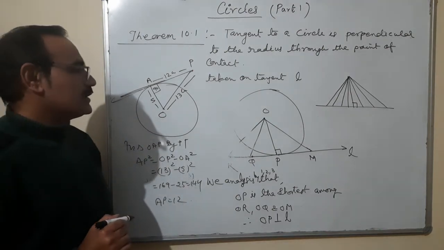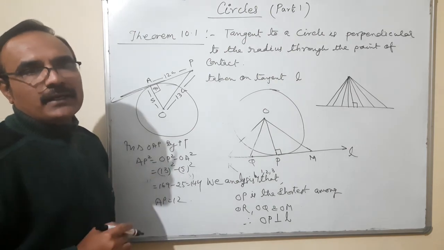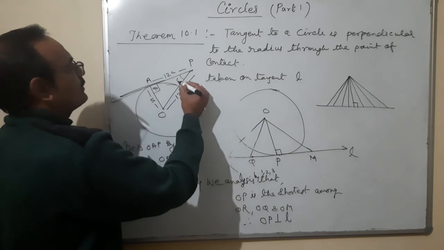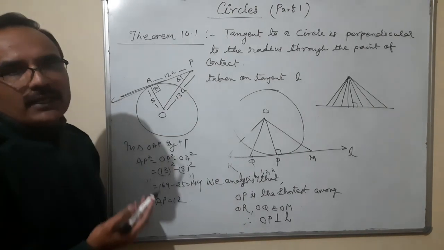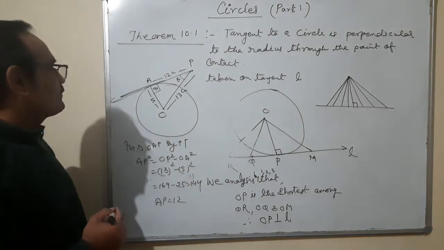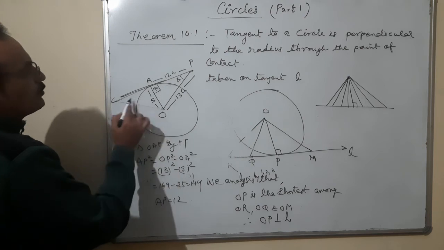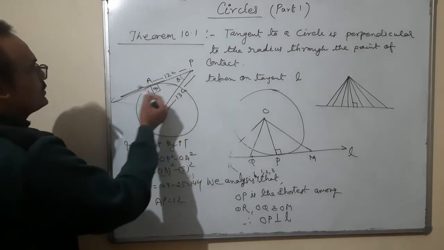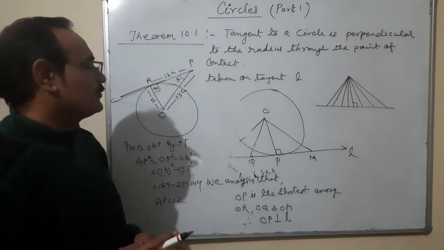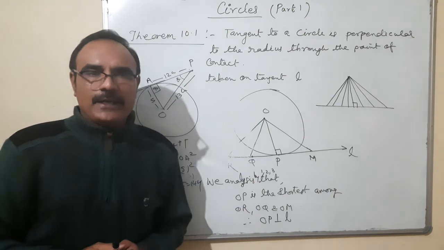If any tangent is there, it must be perpendicular to the radius. It is making a right angle triangle. You can use the Pythagoras theorem, and even if the angle is given, we can find the other sides also using trigonometric ratios. Okay. If I join it here, I can prove that both the triangles are congruent. AP is equal to this term also, and 12 plus 12 is 24. Okay. So this is the use and application of theorem 10.1.